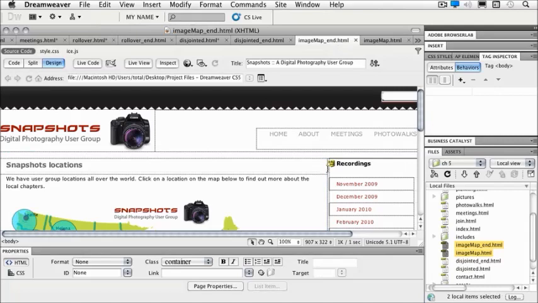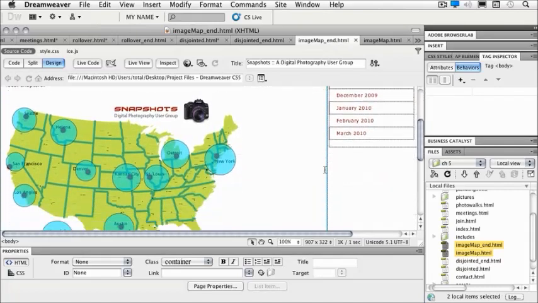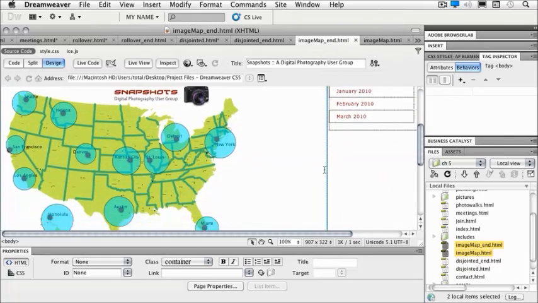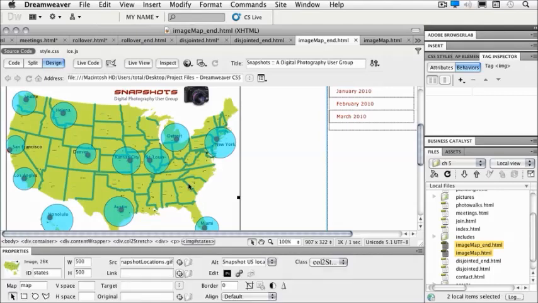If I take a look at my end file, we just scroll down a little bit here, I see that I have a map. And on that map, I have several different locations. And the goal is to have the user click on those individual locations and actually go to the corresponding page for that particular location. Because this is one image, instead of trying to cut it up into tiny little small pieces and try to make those match and actually work inside of a browser, we use what's called an image